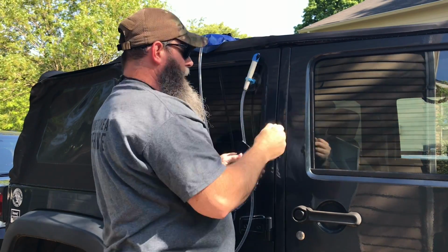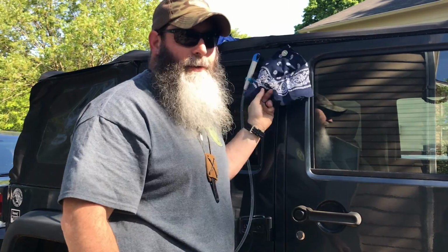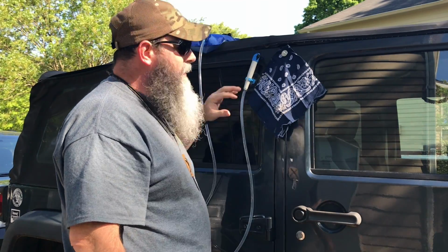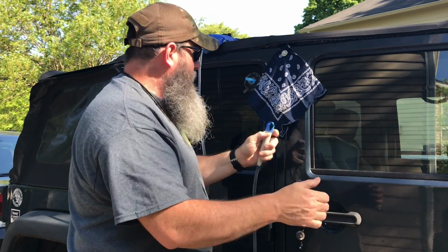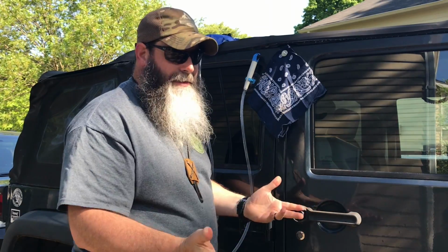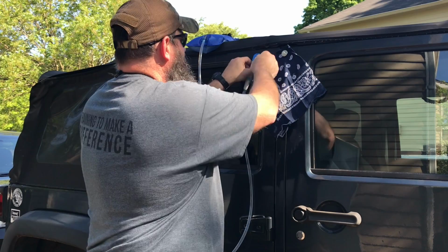Is easy, and I'm afraid to put the adapter on it. I can spin it and do it that way, but my son pointed out, and he goes, "Hey Dad, that's great for a rag holder." So definitely beneficial. So in this with the handy shower, I can just put it at the top of the Jeep. I can go in and start spraying if I need to. Maybe wash my hands after a hike. Maybe I've done some work on the car itself. That's fine. The other is I can switch out the heads to it,